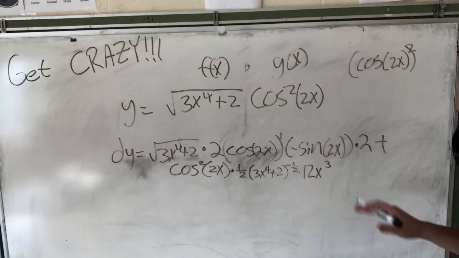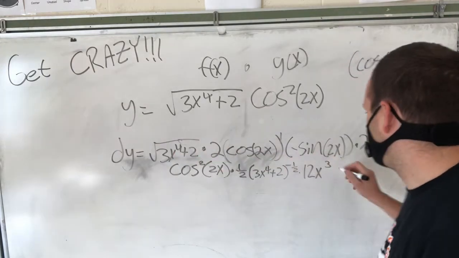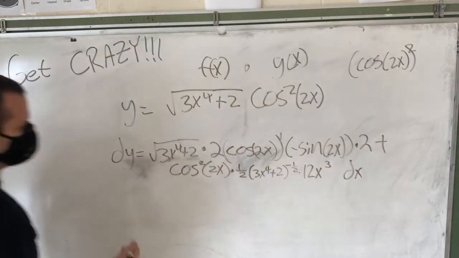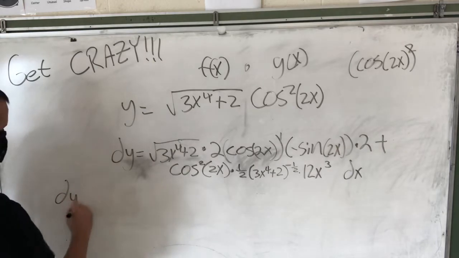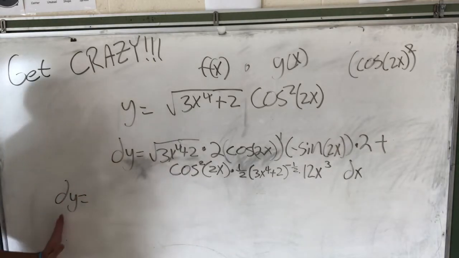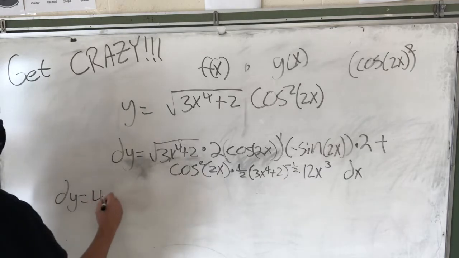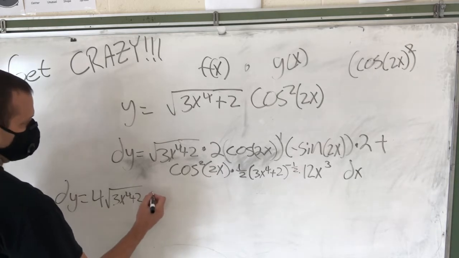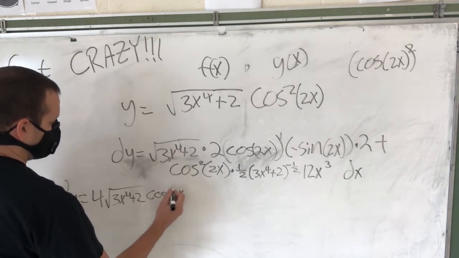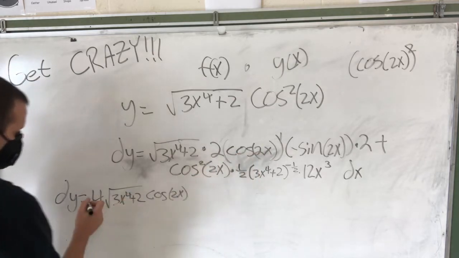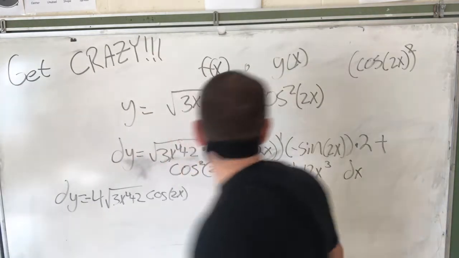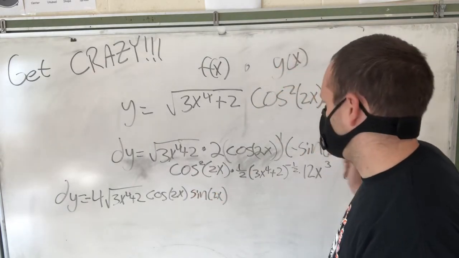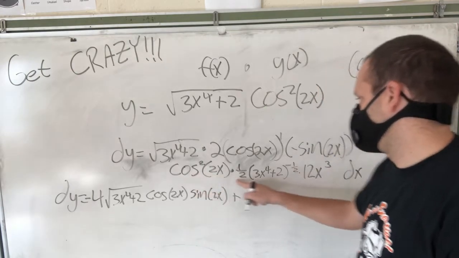All right, so we're going through, can we simplify anything? Let's look at the top row. Oh, don't forget your dx, meaning that it is a derivative. I've got 2 and 2. Yeah, so I can do dy is, can you see that all the way over there? Yeah, you can see that. Okay. 4 square root of 3x to the 4th plus 2 times cosine of 2x times, ooh, actually there's that negative. I'm going to put the negative in front of 4, just make it all look a little bit nicer. Sine 2x, 2, okay, plus,